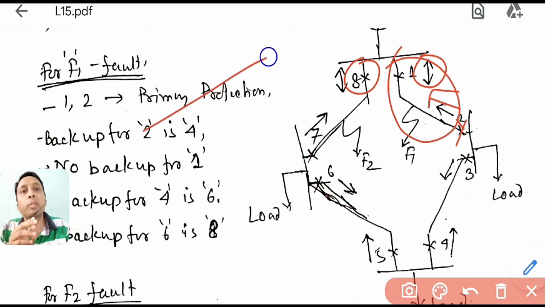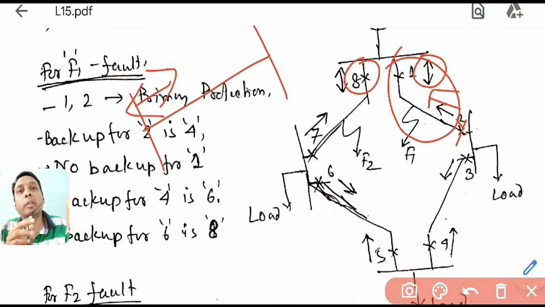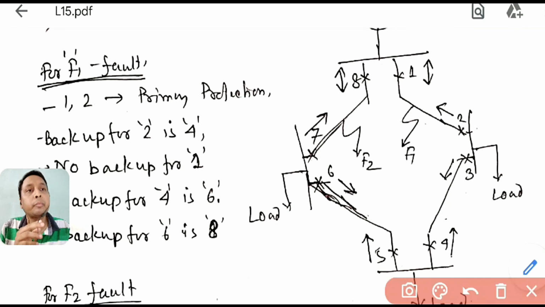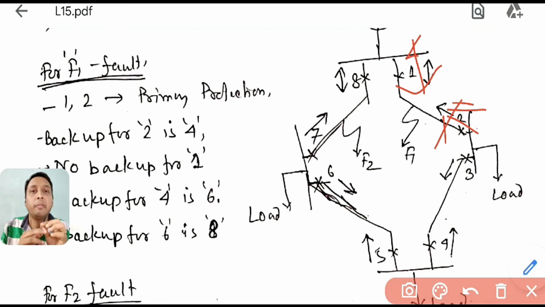Suppose there is a feeder, and on this side there is a non-directional relay, so this side it is protected. From this side, if your normal flow of power is this, you give another. So now what you are getting is that on the generator side it is always bidirectional and on the other side it will be directional, so that it completes the feeder, and this feeder can be taken out.